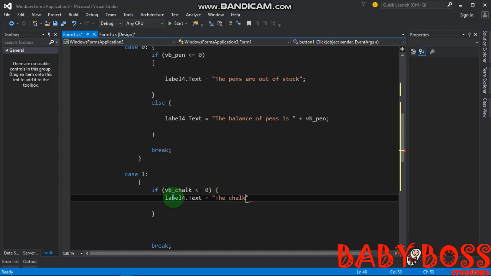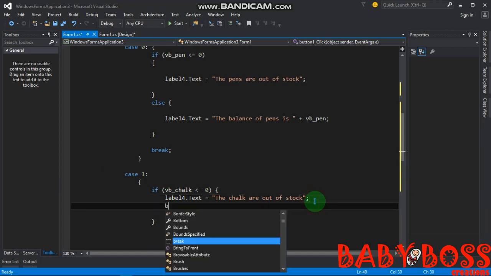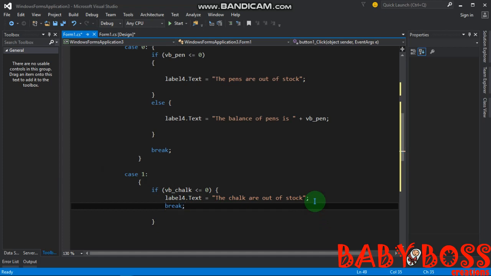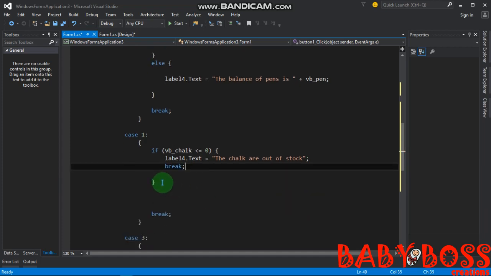Remember, our second index or our index 1 is chalk. The chalk are out of stock. Then you have to terminate, and after here, don't disturb yourself, you just break and terminate. You just break it from there, then come, instead of putting the else, don't put it, just come here under and say label